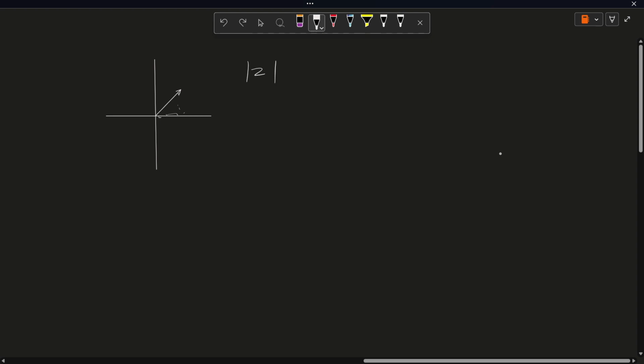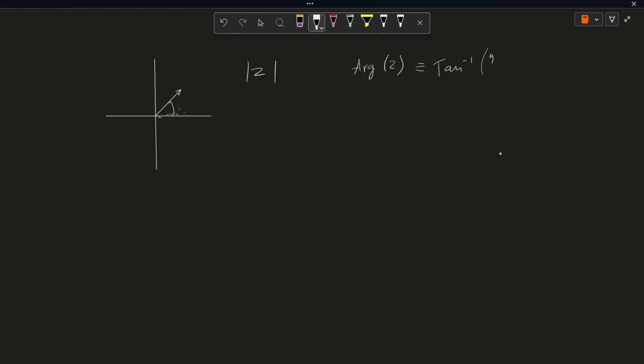And then the angle is just the argument, the same as tan⁻¹ of y over x. Then in vectors it's the same, so this is your resulting magnitude, which is the same as resolving the components,